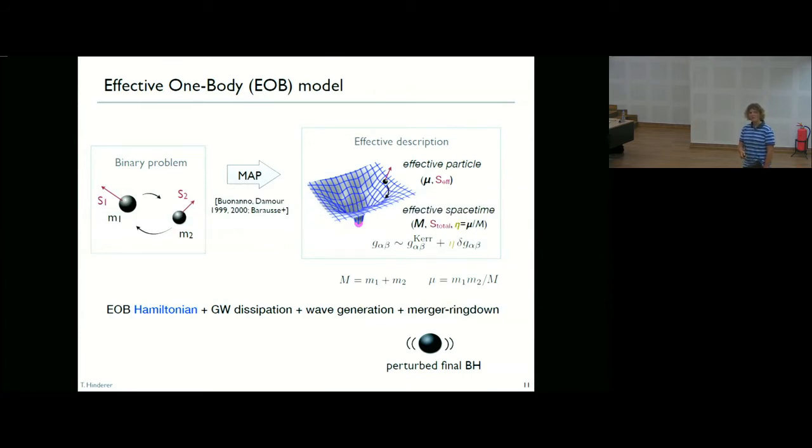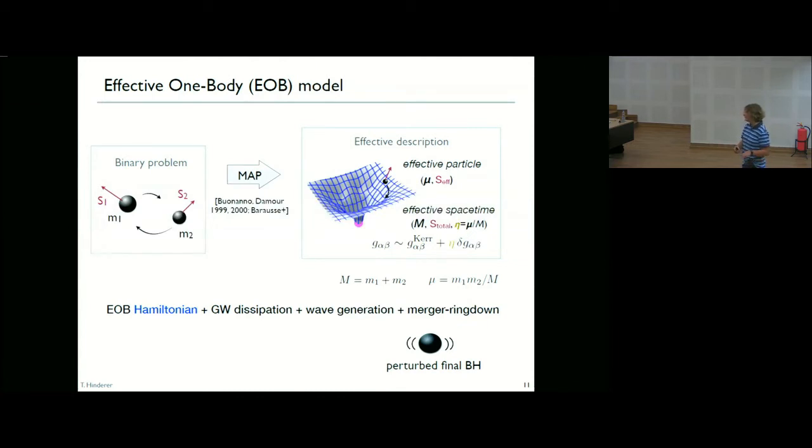If you're looking at this deformed metric, it's no longer a solution to Einstein's equations. But it becomes a solution in the test particle limit and in the post-Newtonian limit. And in between, it just interpolates. So that's what's done in that model. And so instead of having an action, it has a Hamiltonian. It also includes gravitational wave dissipation, some radiation reaction forces, a prescription to compute gravitational waves,